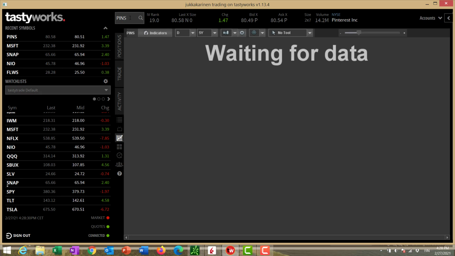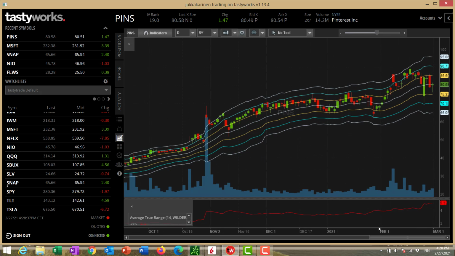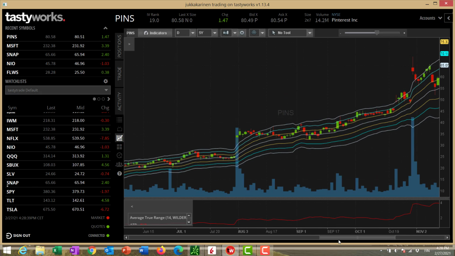I'll check another example. Pinterest has been on a crazy run. So let's see what kind of trades we would have had. There it jumped above the third one. Taking profits on that day here would have been great, because from here onward it didn't move anywhere. It just waited until the moving average in the middle caught up with the price, and then it jumped up to the third one again, take profits, let it fall, let it go back above the midpoint, buy somewhere here,